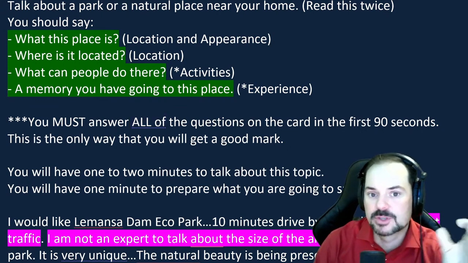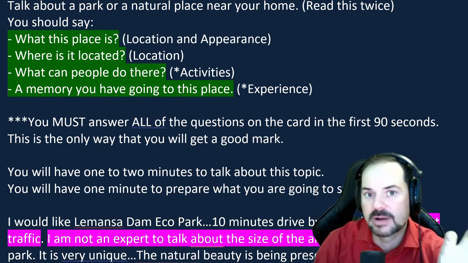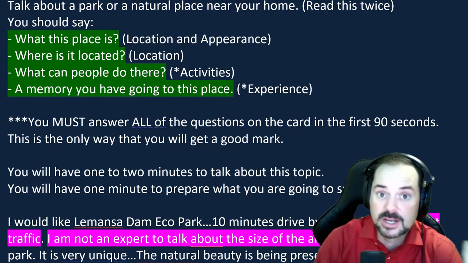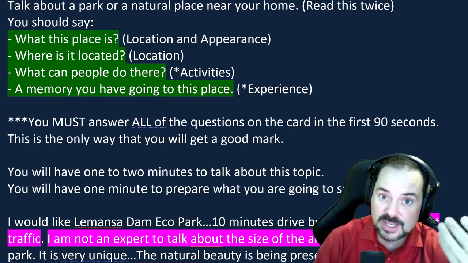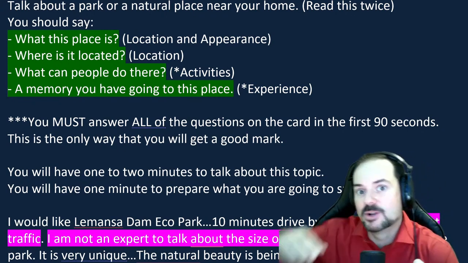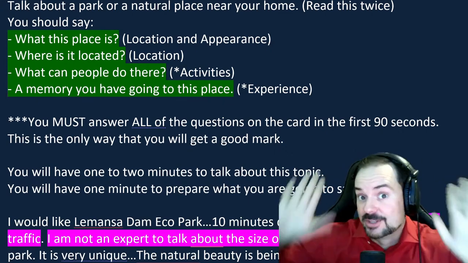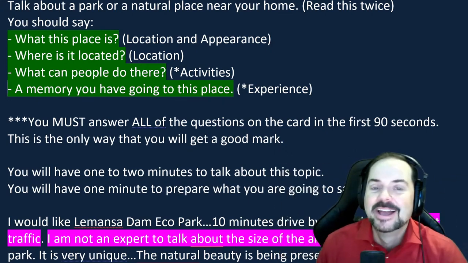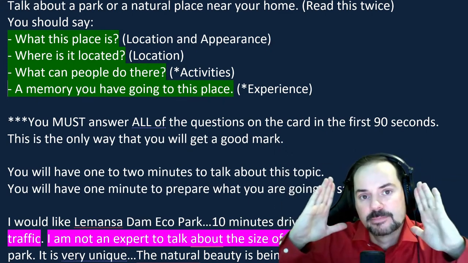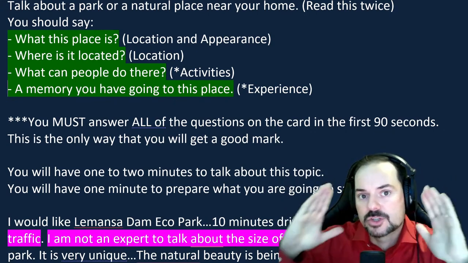That's often what happens with students with these cue cards, and that's why you have to practice it, is because sometimes they don't say enough and they just repeat the same information and they get stuck. And then sometimes they go the other direction and they say way too much, and then the examiner's like, whoa, okay, your time is up, let's keep going. And so you have to find that kind of perfect 1 to 2 minute storyline where you